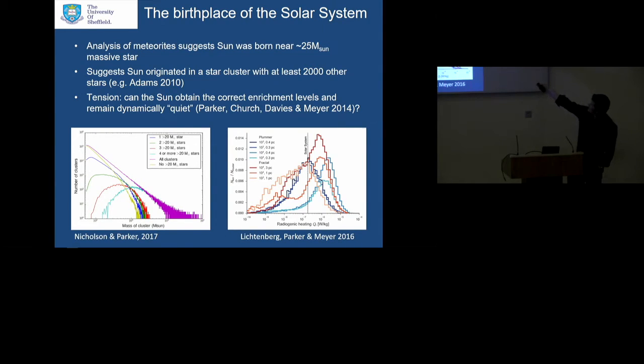In order to get a 25 solar mass star, on average, you typically require around 2,000 other stars, and this has been cited as being a very improbable astrophysical condition for the formation of the solar system. But we can look at this in more detail. A student of mine, Rana Nicholson at LJMU, here she's plotting the cluster mass function. This is simply the number of clusters as a function of their mass, and it has a -2 power law overall. So a cluster of about 2,000 stars would sit here.